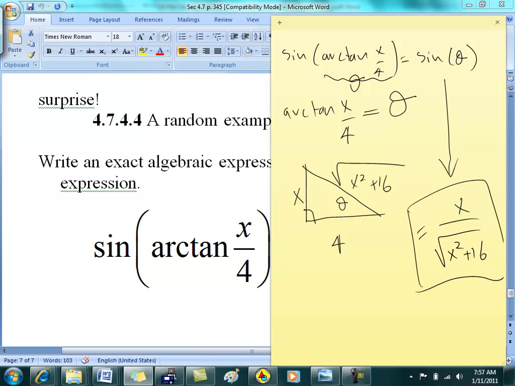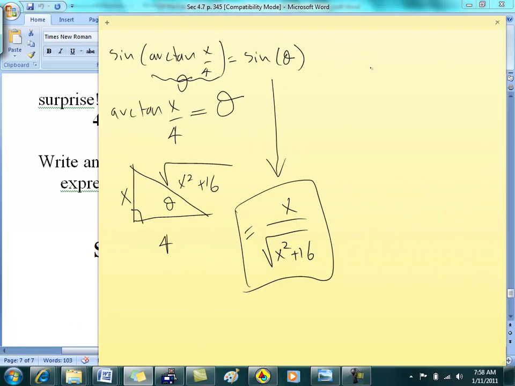So do you understand how to do this kind of problem? Break it up into two pieces, find the angle first and find the trig of that angle. And you can even get a problem that's the opposite. So you might get something like sine inverse of, let's do this one, let's do sine inverse of tangent,